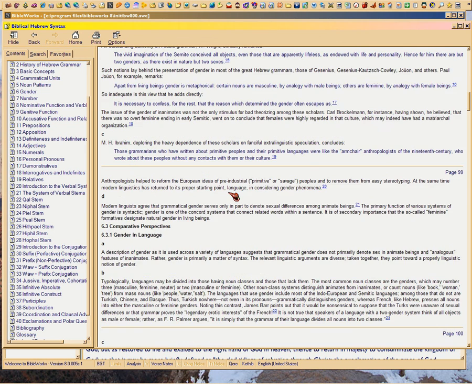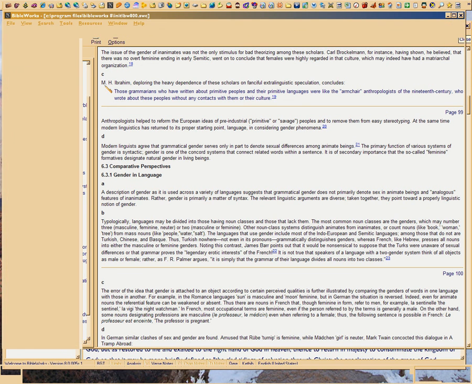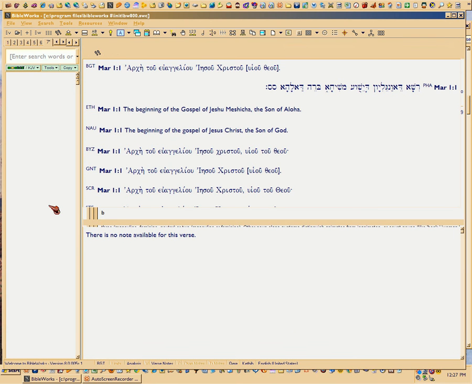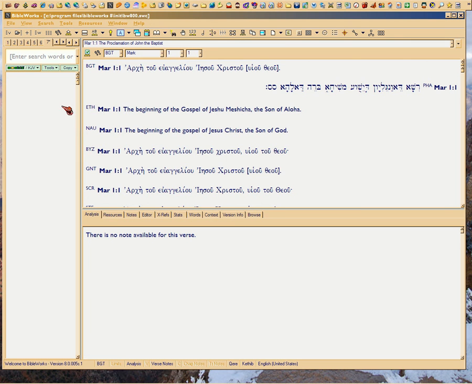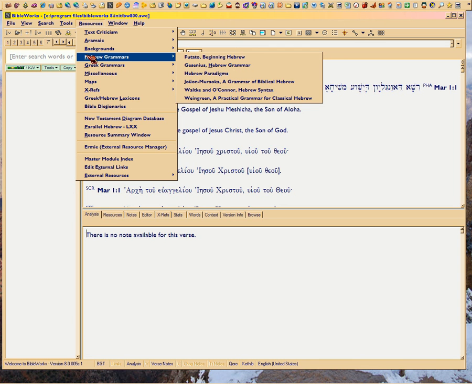What I don't like about this and many of these grammars is that they pad their wording with what they consider to be respectable scholarly vocabulary, which actually obfuscates what they're trying to say. Obfuscate. Do you know what obfuscate means? I learned it when I was a kid. I learned a lot of words when I was a kid. It means to cover up. So obfuscate is a fancy word for cover up. But if you didn't know what obfuscate meant, you'd have to turn off the video and go look it up, because I didn't say cover up when I could have just said cover up. You get my point?